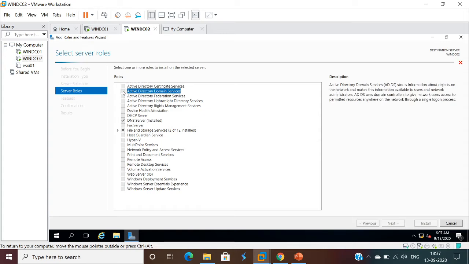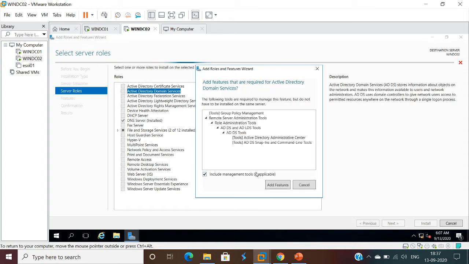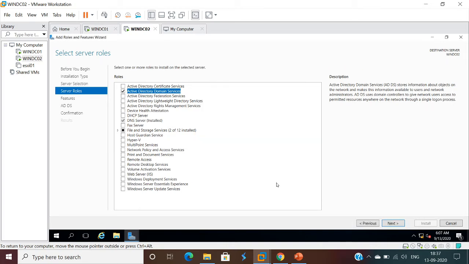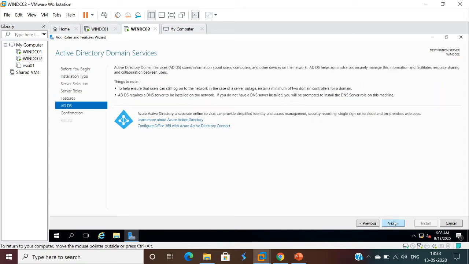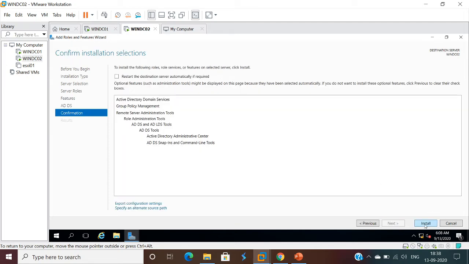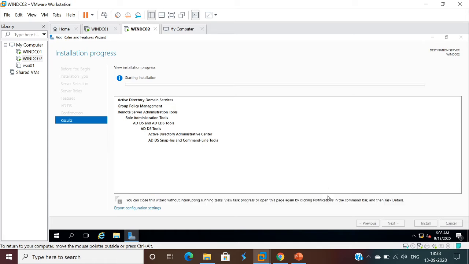Check the Active Directory Domain Services. The moment you check it, it automatically gives you a pop-up to add the required features, and click next. And it's giving some brief about the Active Directory Domain Services. Click next and install. The role is being installed now.